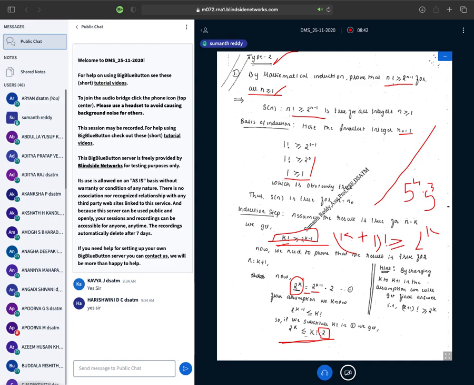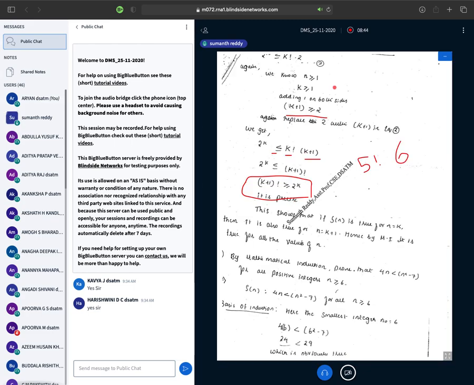In order to replace that, what I had is k is greater than or equal to 1. Now I'm checking for the 2, so I will just add 1. If I add 1, it will become k plus 1 is greater than or equal to 2. So now I will replace this 2 value with k plus 1, and I will get this final expression.